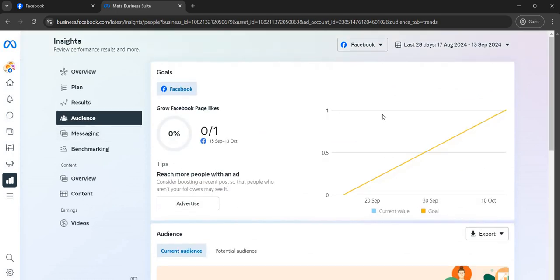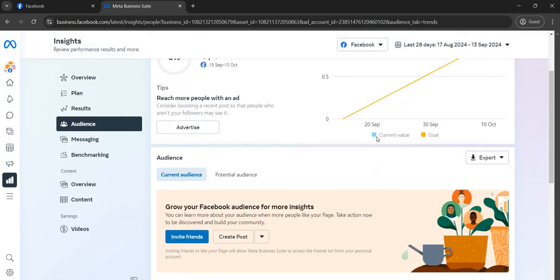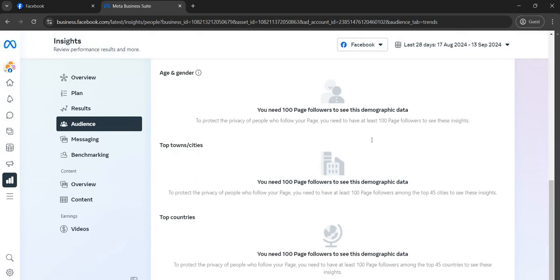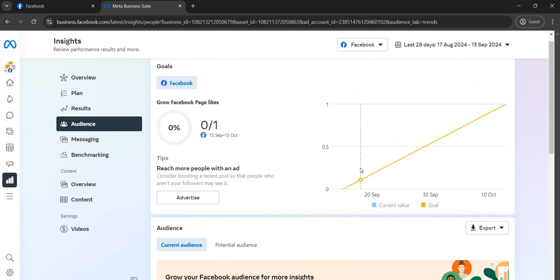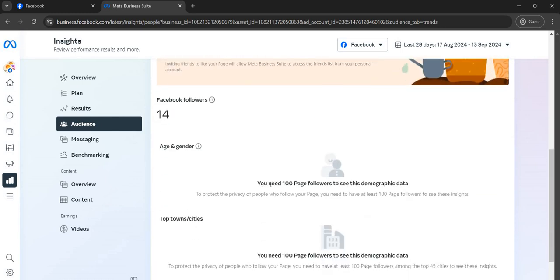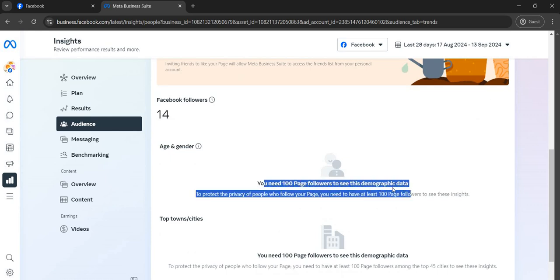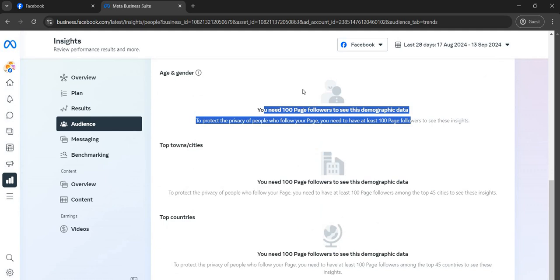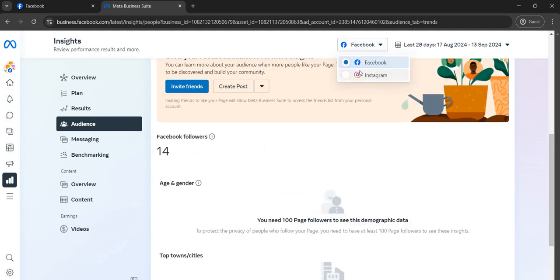The audience tab is there. In the audience, you can see what kind of people are viewing your page. Here you can see the Facebook reach. So currently we don't have access. You need page followers to see this demographic data. Okay, so if we go to the Instagram,